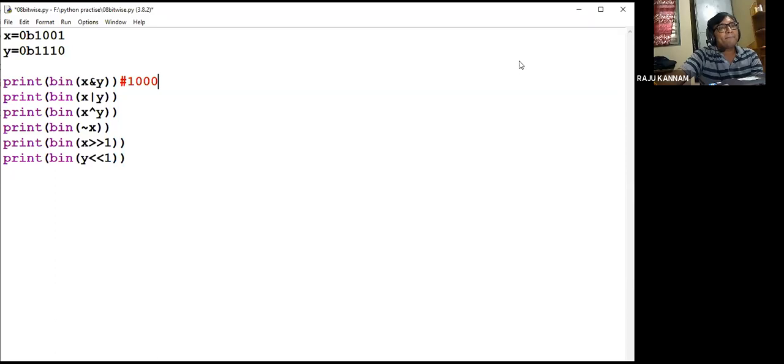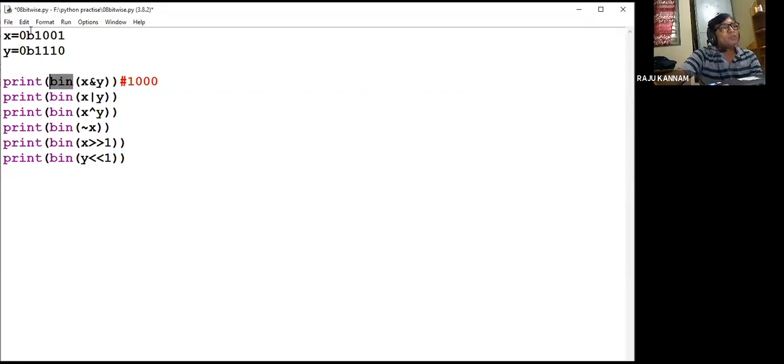NOT is this symbol. For bitwise NOT, this is the symbol we have to use. And remember, if you do the AND operation, the interpreter will generally give the answer as an integer value, but I want to display the answer in binary.